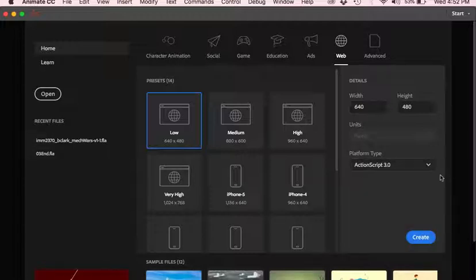In the previous weeks we were opening in HTML5, so this week we want to open it in ActionScript3. If you don't do this, there's a lot of effects that you will not be able to add because it'll be in HTML, and HTML doesn't allow a lot of the effects that we're going to work on this assignment. So let's hit create,